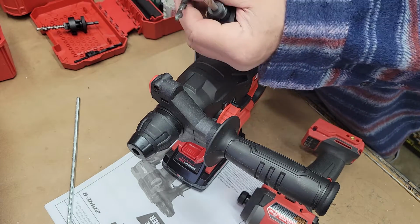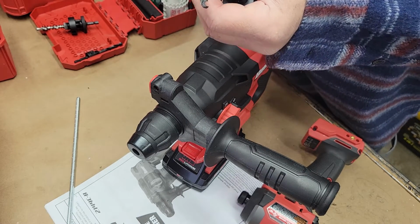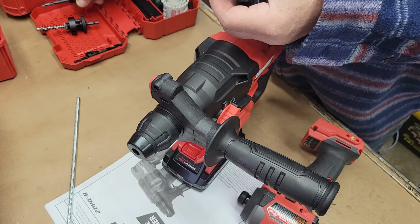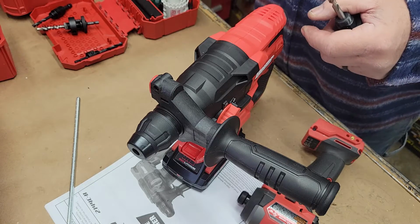This is mine. I had that from an art, and I just put it in my hammer drill, my electric hammer drill, as a matter of fact. That's what this green one is. But this thing here,